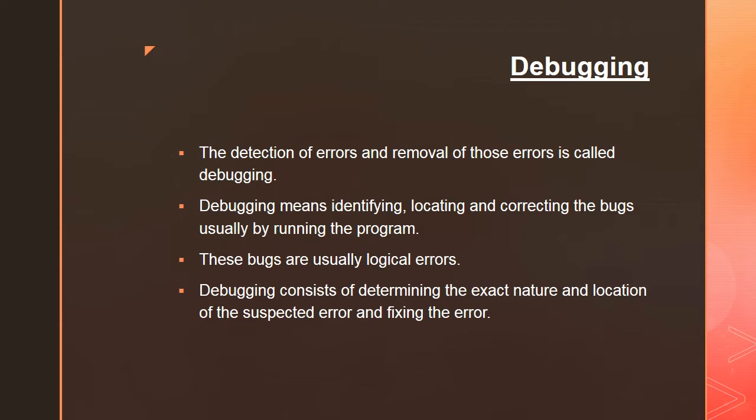But in debugging, we are removing those errors that have occurred in the testing process. In testing we are testing the program at the unit level, at the integration level and at the system level, and we are finding various kinds of errors. But debugging starts whenever we have found some bugs or whenever some errors have been identified in the software, and we remove those errors and bugs with the help of certain debugging tools. So the entire process of removing all kinds of errors is known as debugging.